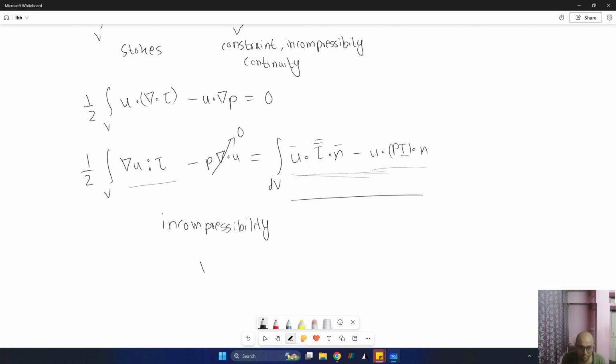I'm sorry, not gradient of tau, divergence of your tau as mu, your viscosity, into del square u. So we can just do that here. So we can just write this guy as mu into del square u, and then when you apply integration by parts, this guy would just become mu into grad u double dot grad u. So we have got this integral, and again here we just have